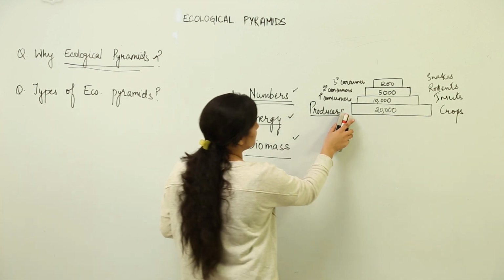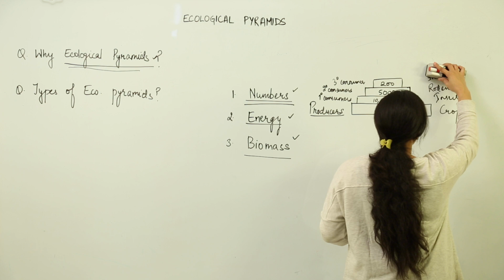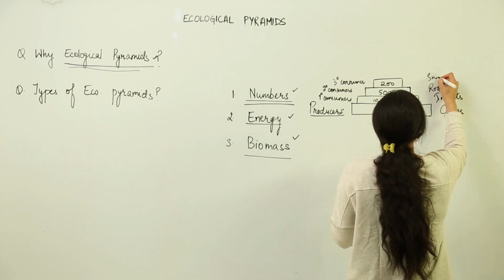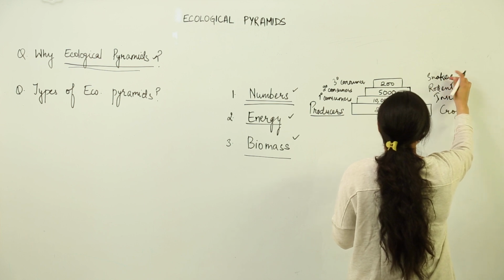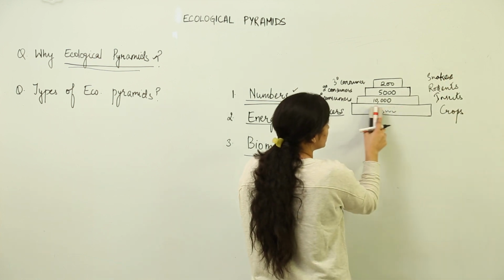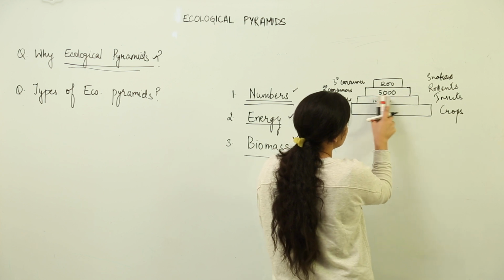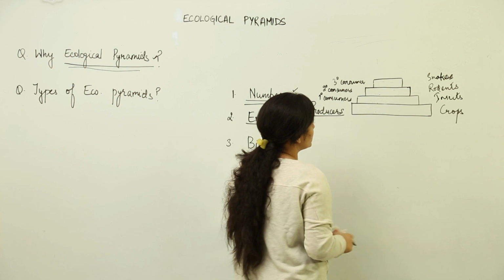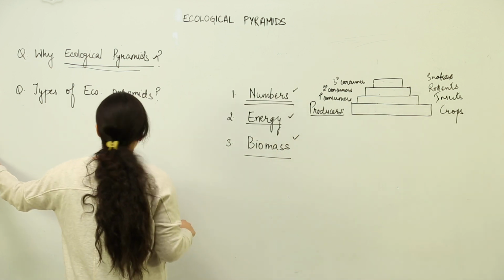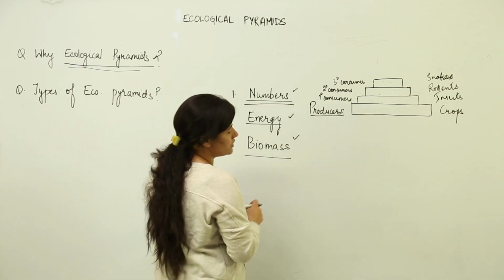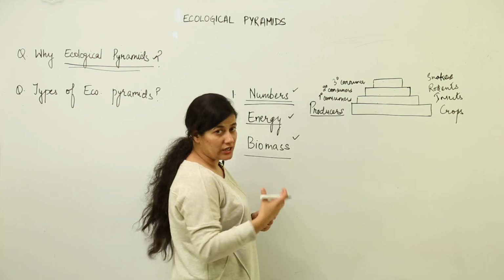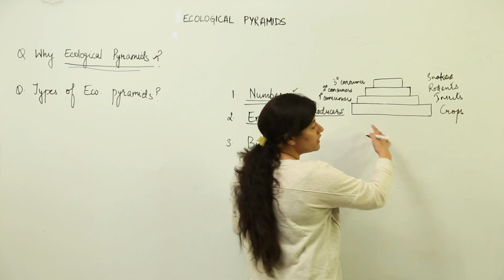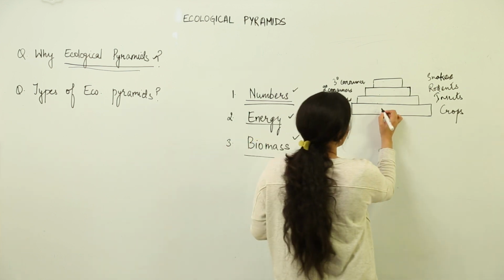Let's take biomass first before going to this. I'm going to take a similar example, the same one, but this time we are not going to consider it in terms of number. Here we are going to consider it in terms of biomass. Biomass, how is it measured? It is measured in terms of the ultimate product, which would be in terms of tonnage, of course. So supposedly consider the weight per metric cube. It is 1000